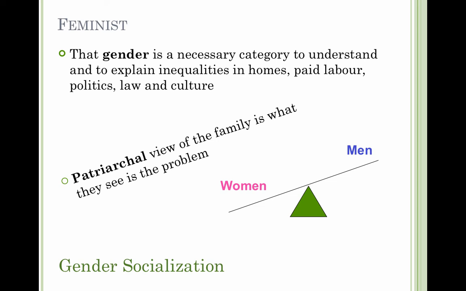In homes, men tend to have more power and control than women and receive more benefits. Women do what's called the housework for the most part, also known as the second shift. In paid labor, men are paid more for equal work. Women had been discouraged from working in non-traditional roles in military and construction, science and technology. Now these things are changing, and we see huge improvements, but there's still a considerable imbalance in our society. In terms of politics, women are not properly represented, given their number, in city councils and government.